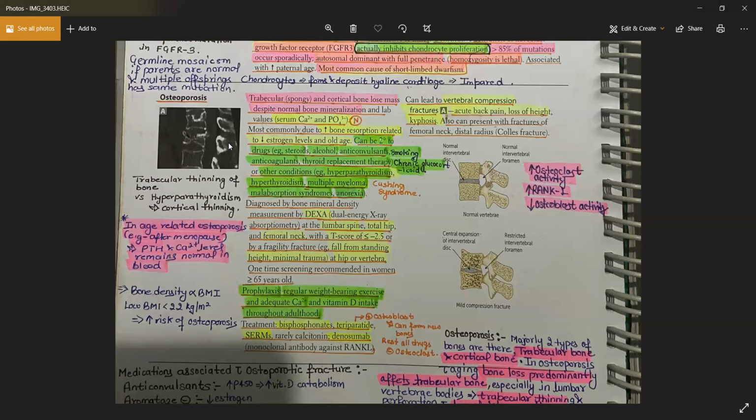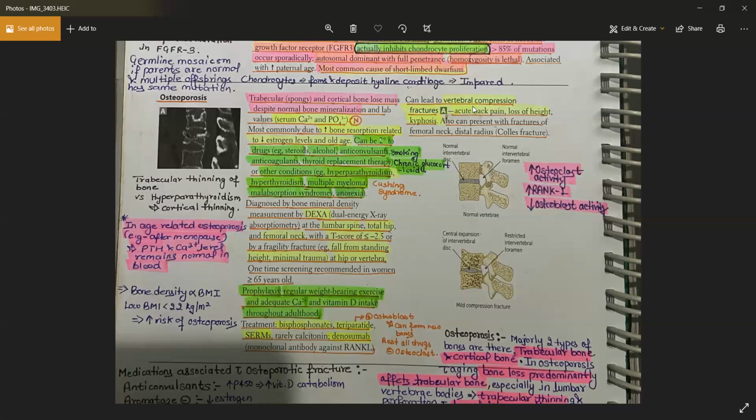So we have discussed what osteoporosis is. It is basically a loss of bone mass, and the bone mass loss occurs from the center, the trabecular bone, first, and then to the cortex, right? We have discussed all the causes, and what lab values you can expect in the causes. You can have disruption of the normal values in case of secondary causes. In case of primary causes, everything would be normal, right? We have discussed how you can diagnose this condition, what screening you should give, what prophylaxis you could give, and what treatment you could give,